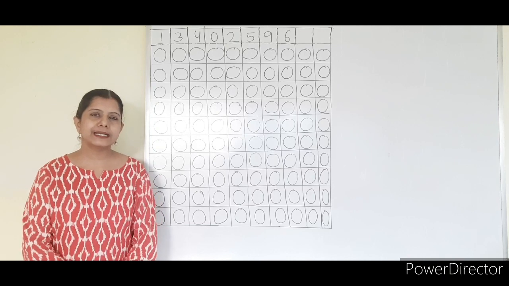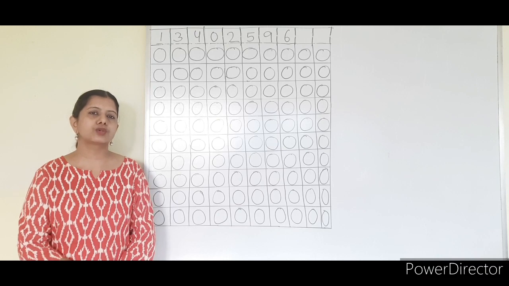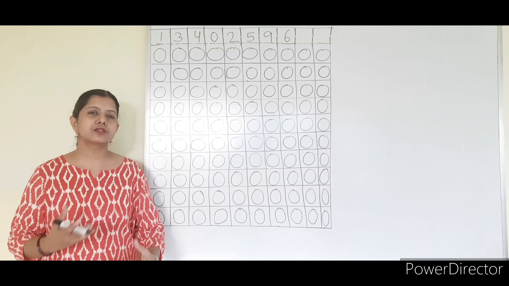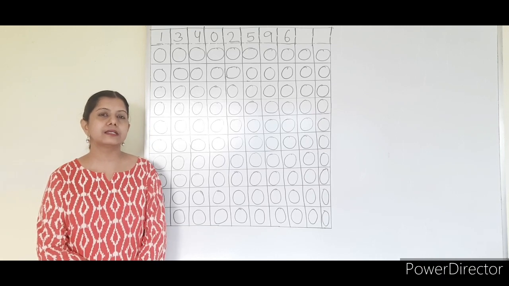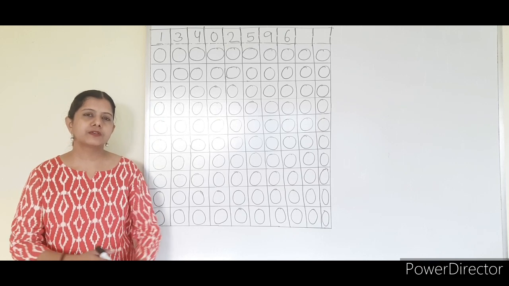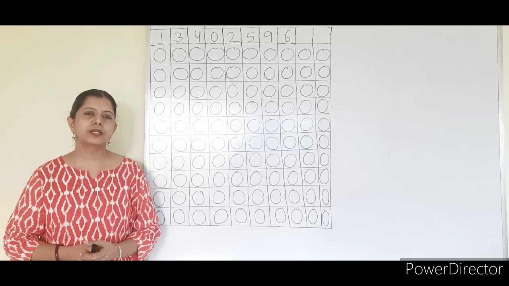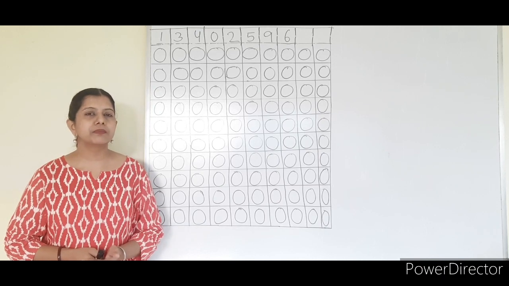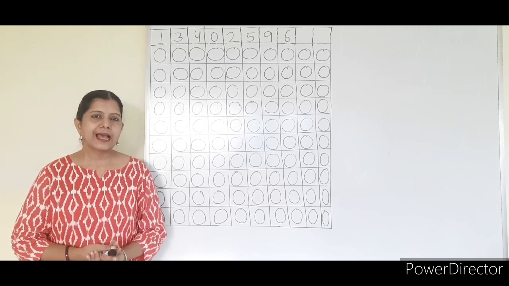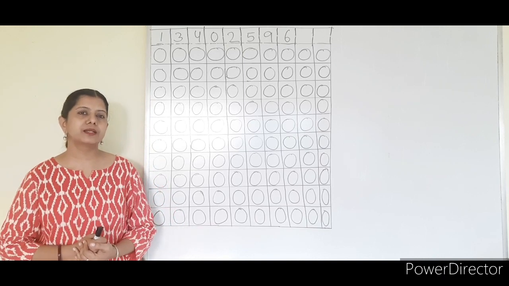Before the term 1 exam, we have taken our internal exam on an OMR sheet. Some of the students made some mistakes. I want to focus on those mistakes so that they are not repeated during the board examination. Because if you fill your roll number in a wrong way, or fill the answers in a wrong way, that may be rejected or cancelled, and you are going to suffer a lot. And grab the chance to get maximum marks in the term 1 examination.